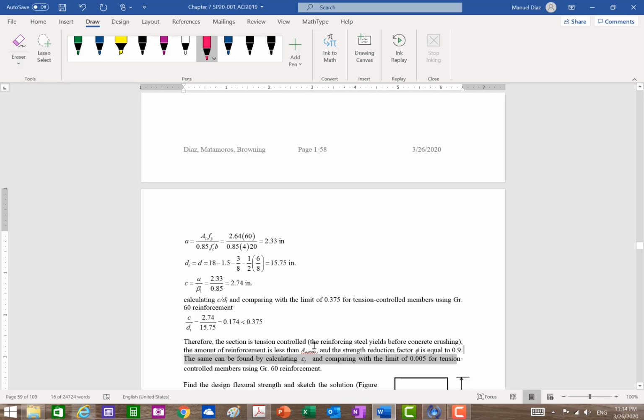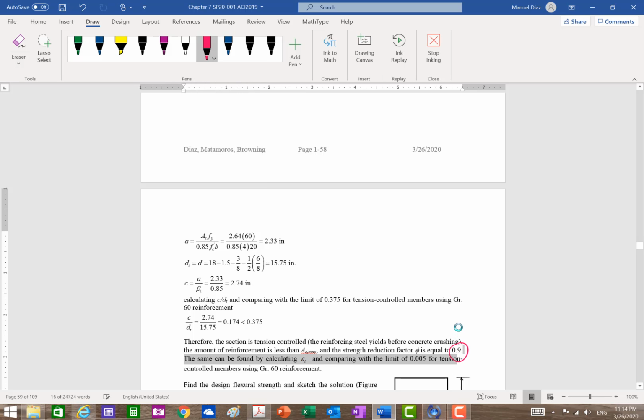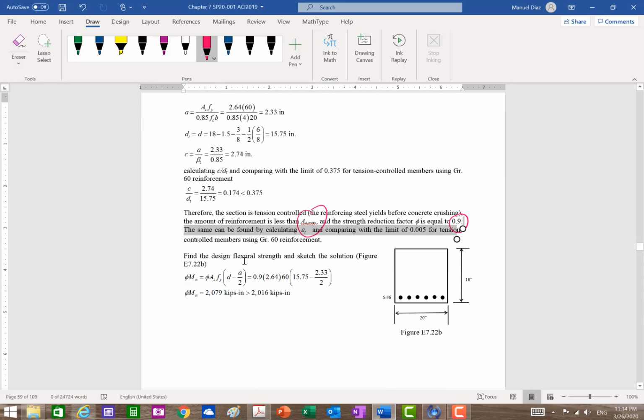So that means that everything is now working fine, and we can use the formula for moments to find the actual design strength. So here is the formula for moments, right? So we do that. We replace the phi factor, which we already know, the 2.64, which is the area we're using, the Fy, which is 60 ksi, your actual d, your a value,